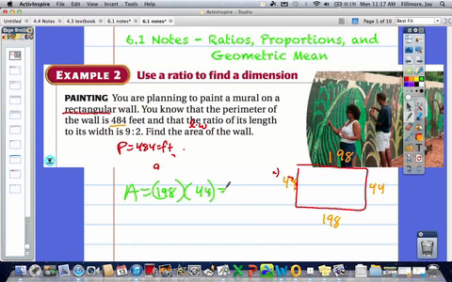So we're going to get a very large value. If we multiply these, we end up with 8,712. And since we're talking about feet, that's our units, and since it's area, that's feet squared. Kind of a long process for a problem like this. We'll do a few more examples just to make sure we're more comfortable with it. Usually we'll be dealing with triangles, so let's do a triangle problem with